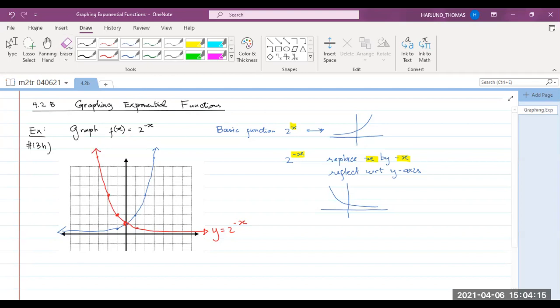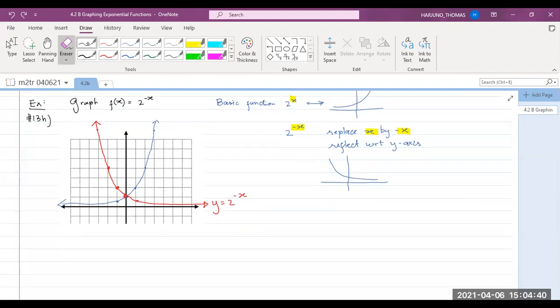Okay, now of course in your quiz or in your test, you don't need to sketch this one. I just try to give you the picture why it looks like this red one here. Okay. I think that one is basic enough, right? Now, if we go on with, for example, number 13J,